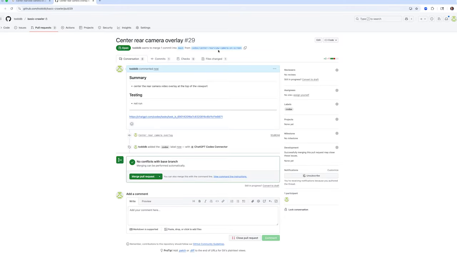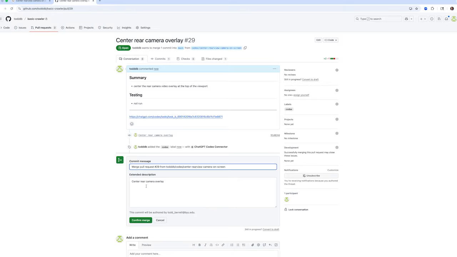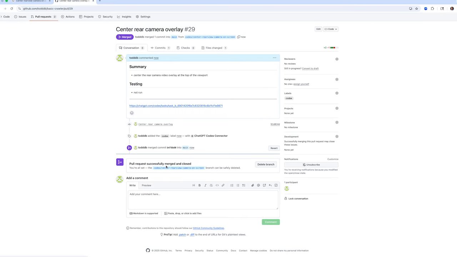If you're familiar with this, this is a pull request. This is a change we've made, and for the sake of this demo, I'm going to say go ahead and merge this. So we're going to merge the changes into the actual code we're keeping in GitHub so that it's really easy for us to pull down. So with that done,